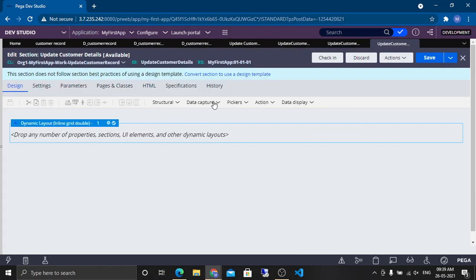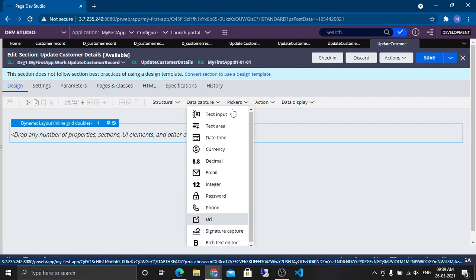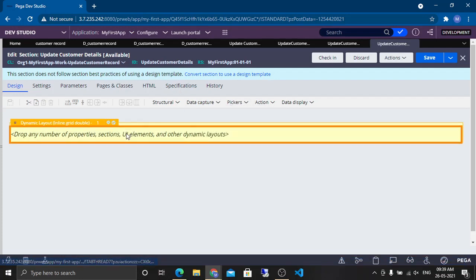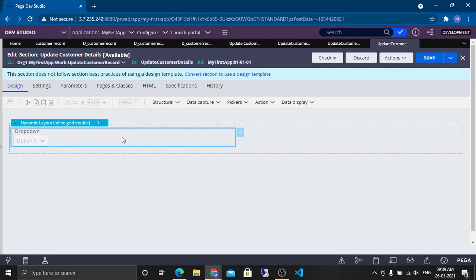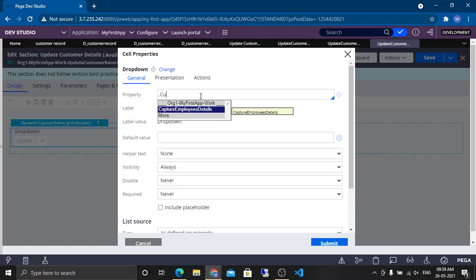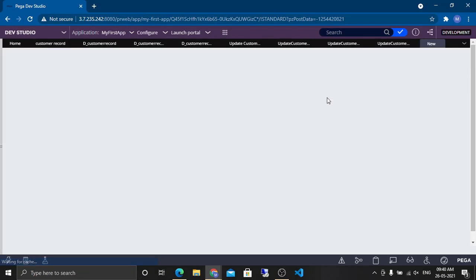Let's say I want to take a drop down, and on the drop down I just want to keep one property, customer ID. I will create this variable as integer.